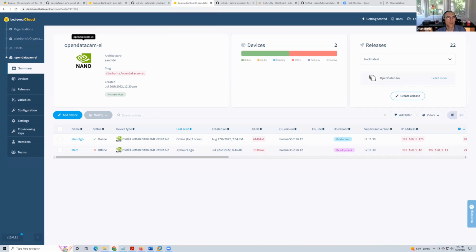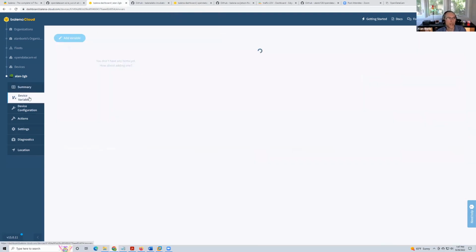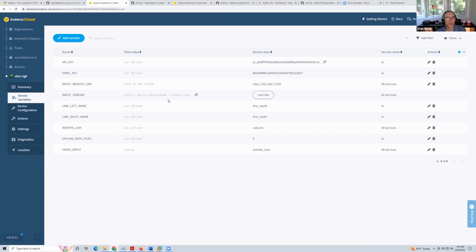But let's go make one more change here to this device. We're going to go back to this variable. And these variables are very powerful because they allow you to change what your device is doing. Say this device was sitting on the other side of the world and I couldn't actually reach it physically. So I'm going to change this particular variable, upload data files. I'm going to change it to,